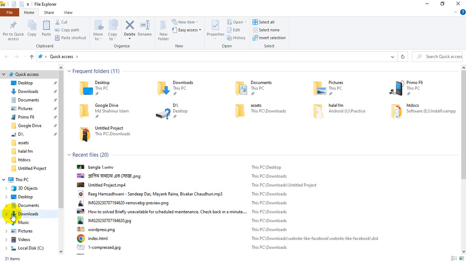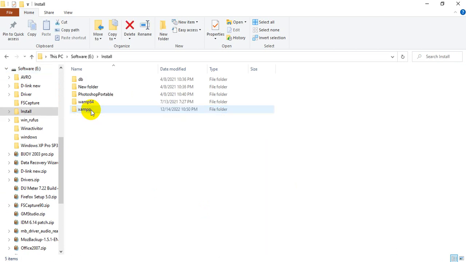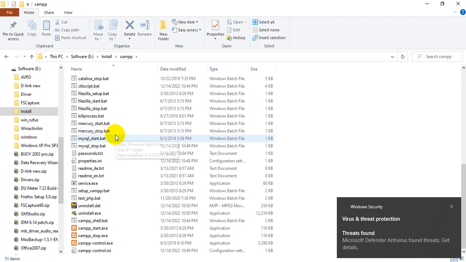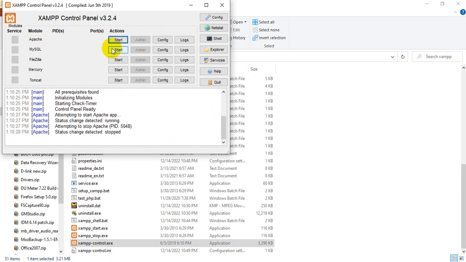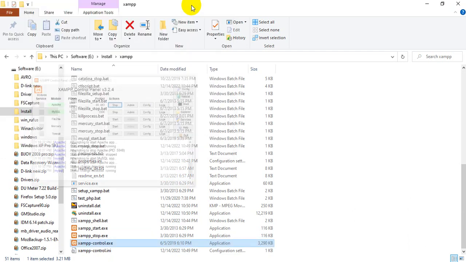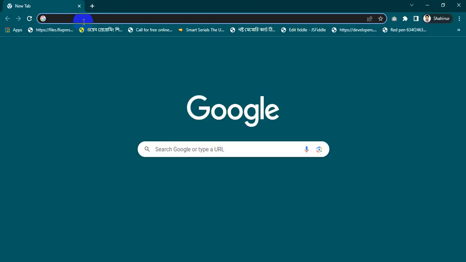I installed a server for my Laravel project, so I start my gem server. I open my gem folder and open the software and just start Apache and MySQL. I just start, and go to the browser and go to